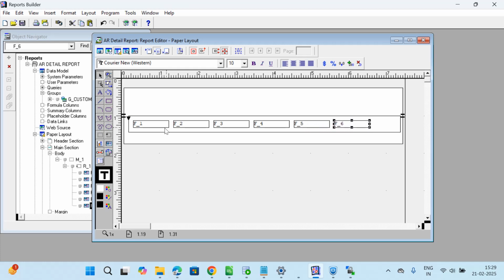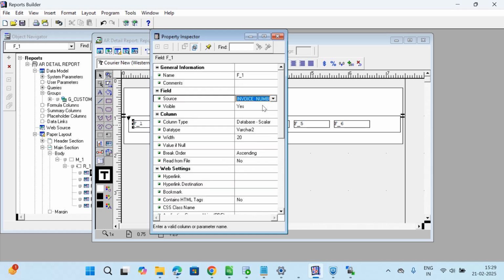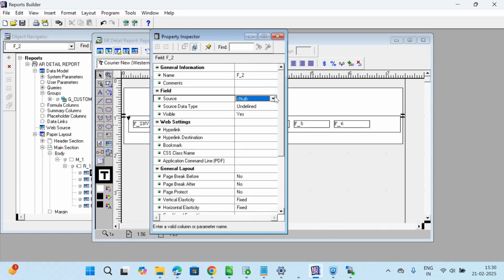Like this you can create the fields, and after this you have to come in the first field and double click and change the source. Source will be over here. You can see your column headings which you have created in the SQL query. So you have to take the first column. Our first column is invoice number, and we will change this name into INB underscore NO, because this will help us to check which field is referencing which column. Okay, so after clicking over here, like this, we have to change the source of every column,